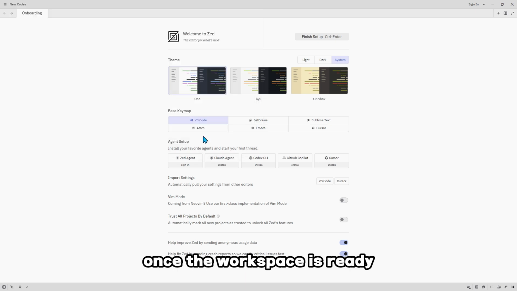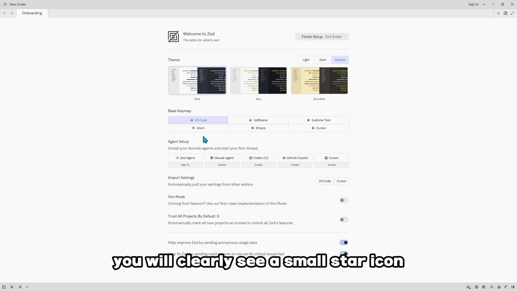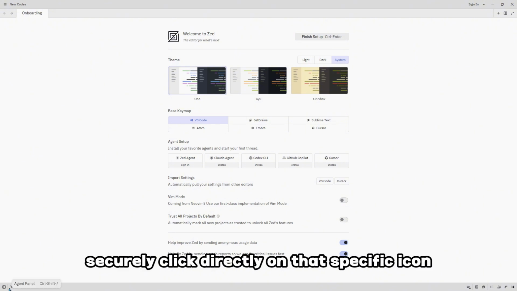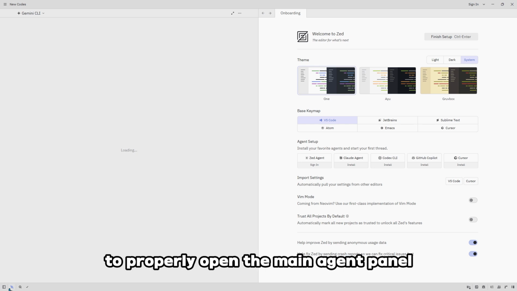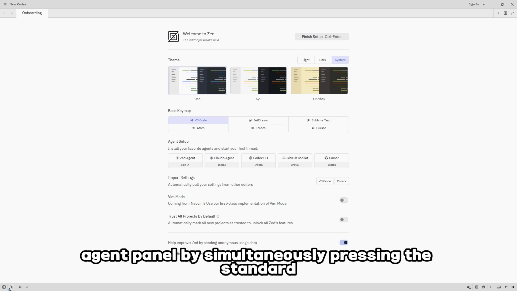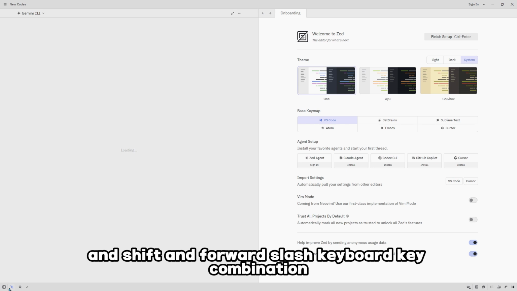Once the workspace is ready, closely look at the absolute bottom left corner of the main Zed application window. You will clearly see a small star icon placed right there. Click directly on that icon to open the main agent panel. Alternatively, you can quickly open this agent panel by simultaneously pressing the standard Control and Shift and /